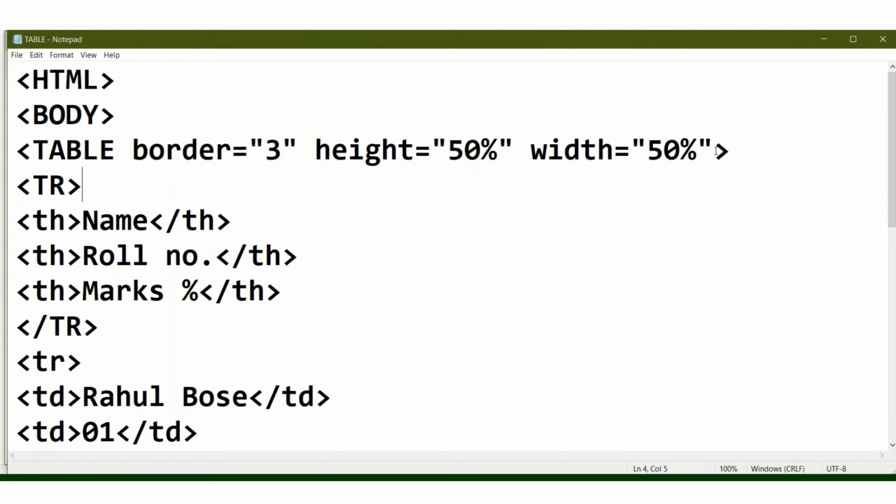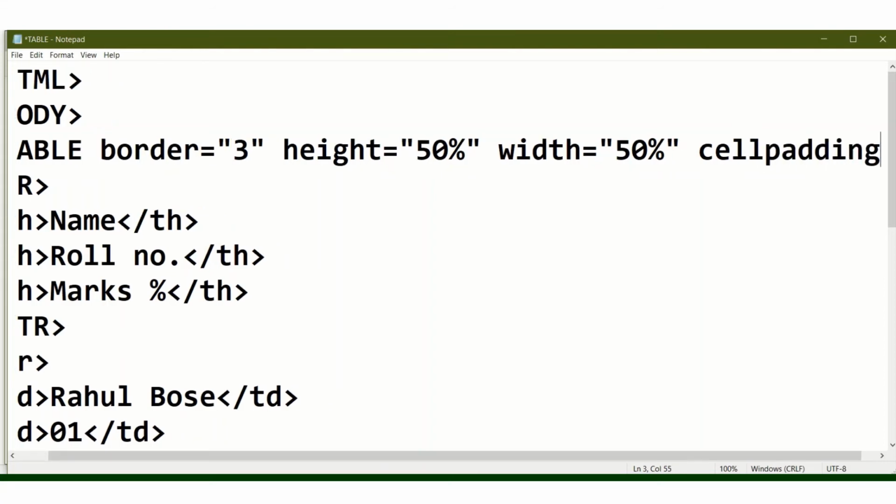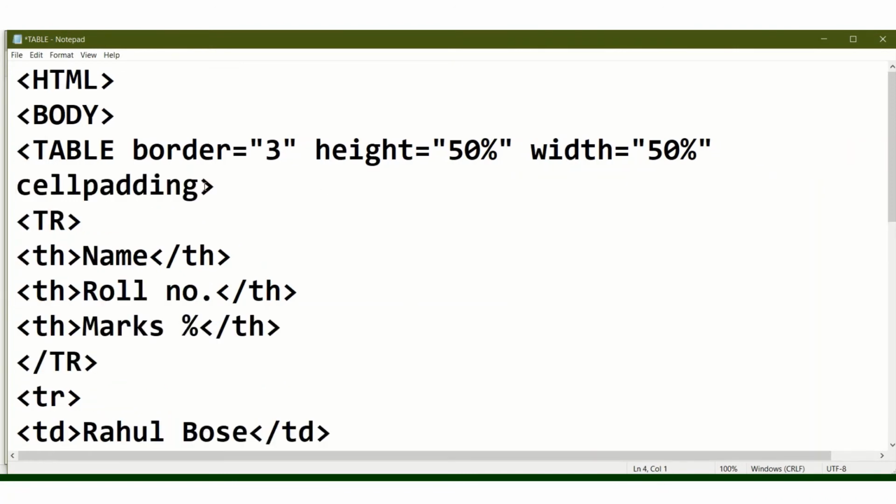Then the cell padding, this is another attribute I'm writing here. Okay, cellpadding equals the cellpadding value, which we always have to give in pixel size. So I am writing, suppose, 10.